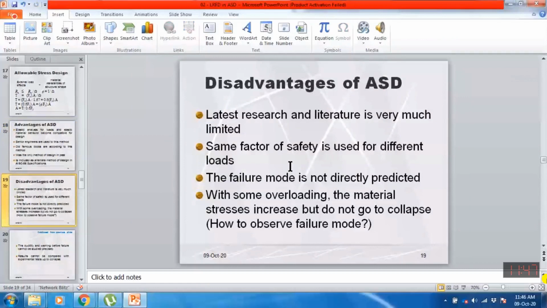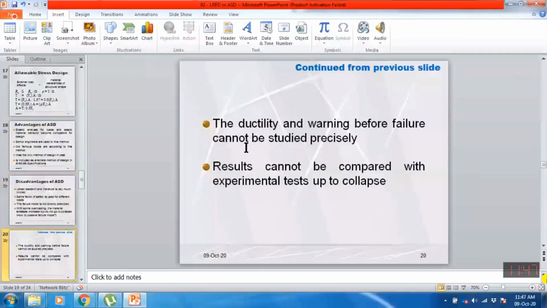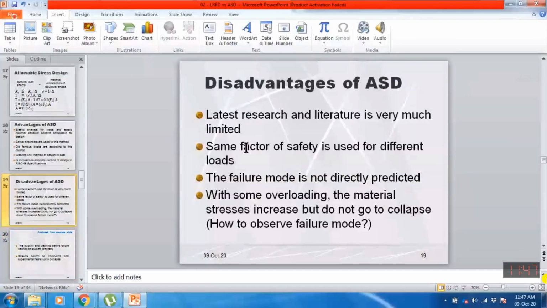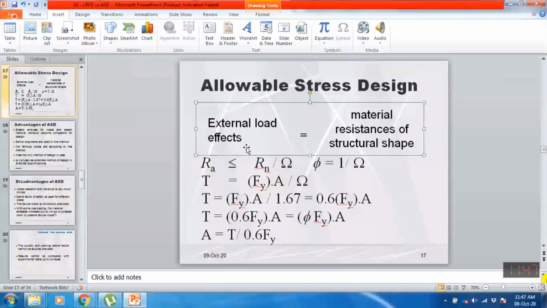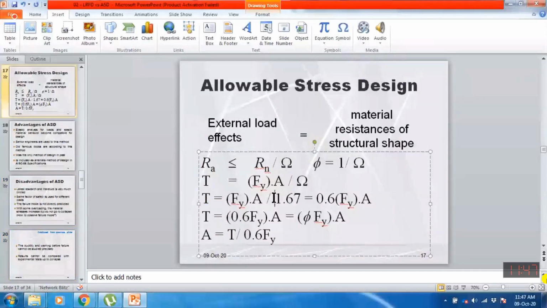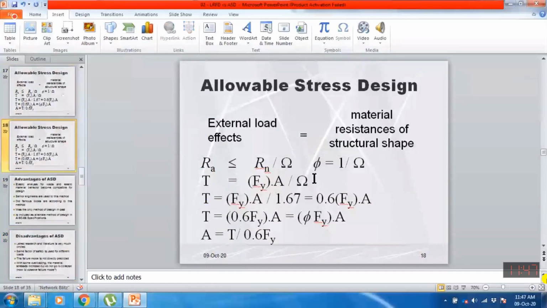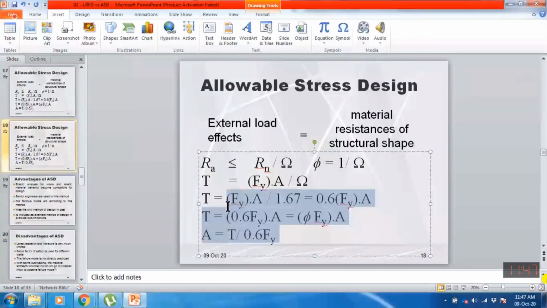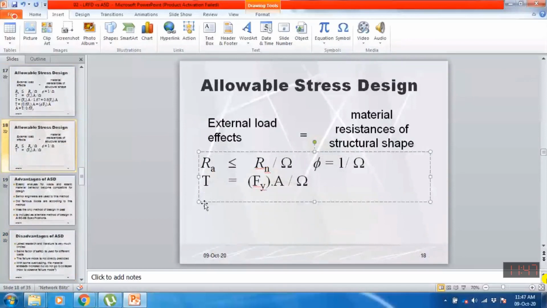Okay, let me explain. This is an important point. The same factor of safety is used for different loads. How? I will explain. I will again make a duplicate of this slide. Okay, let me come over here. If I want to use this equation like this,